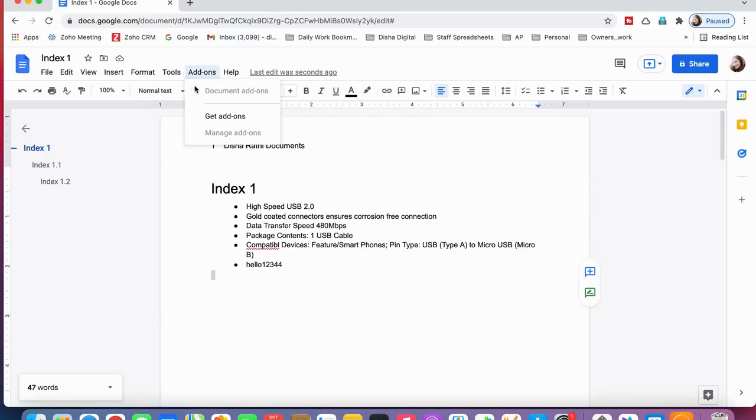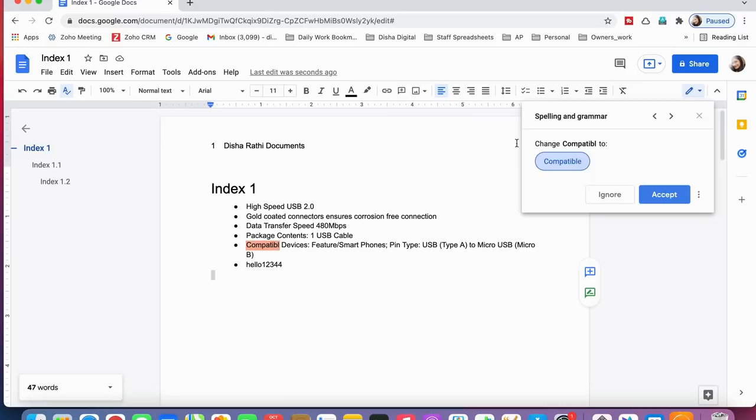If you still want to check from here directly, just see, here it is recommended how compatible spelling should be. It's the best feature of Google Docs, meaning whenever you're typing any document or any letter or anything, it simply shows you your spelling and grammar mistakes.